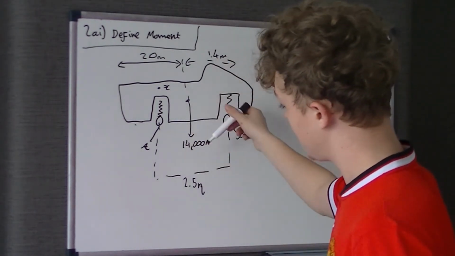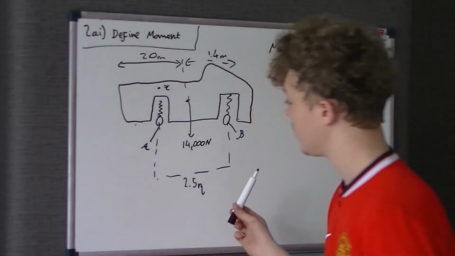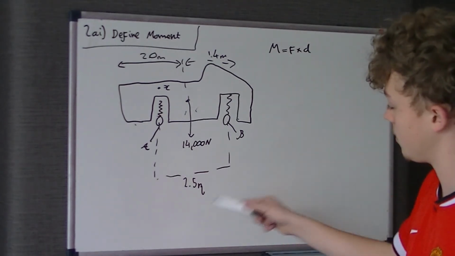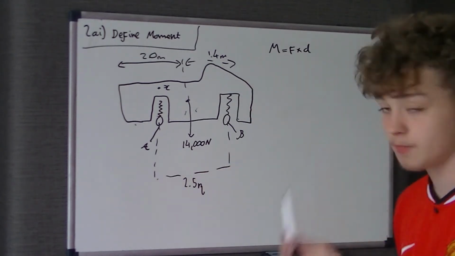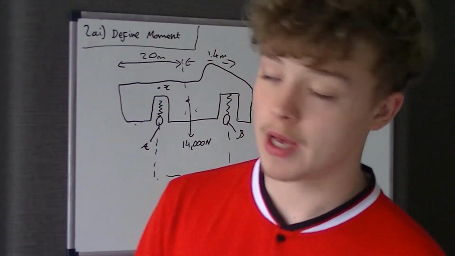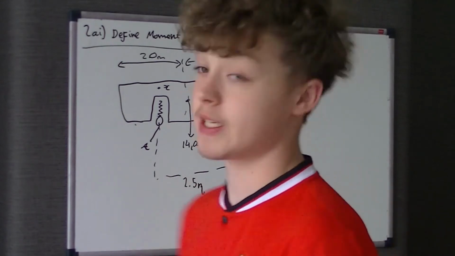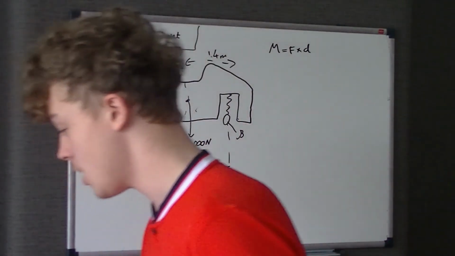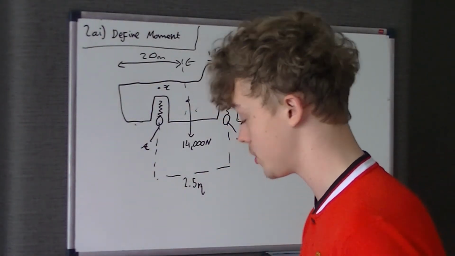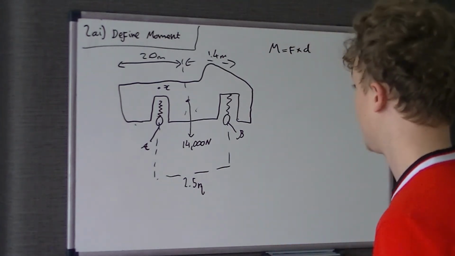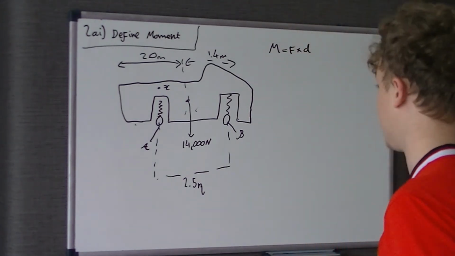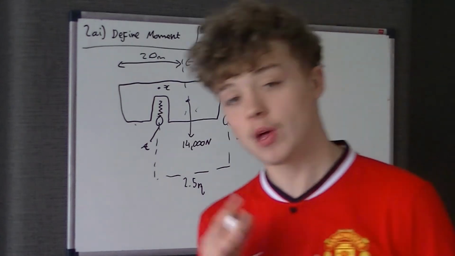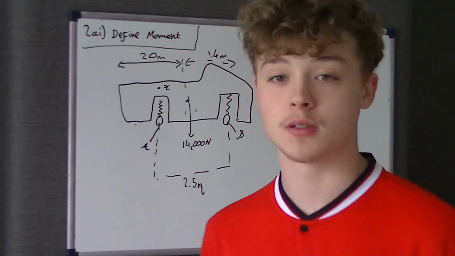Now, the moment of the force of that will equal the moment of the force of that, if they're going clockwise and anti-clockwise. So for them to have the same moment, the one with the bigger force will have the smaller distance to equal the same moment. And it's asking us which pair of springs, front or rear, will be compressed the most. That means we'll have the most force on them, as we'll go into springs in one of the tutorials if you've missed that. So whichever spring is the closest to the centre will have the biggest